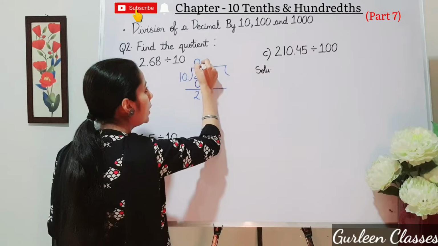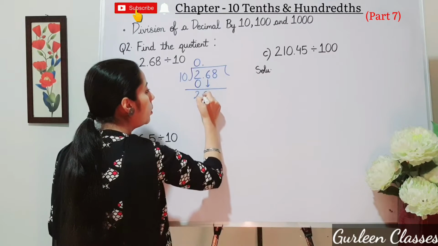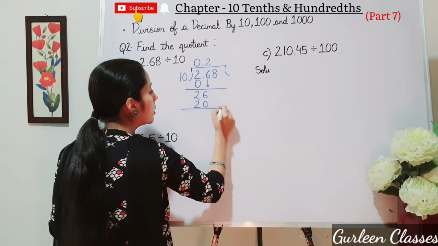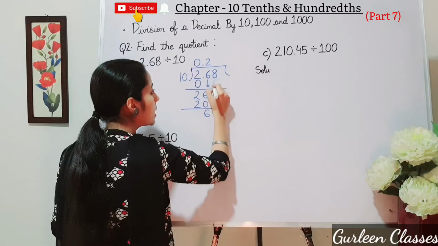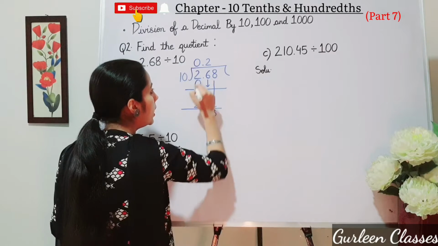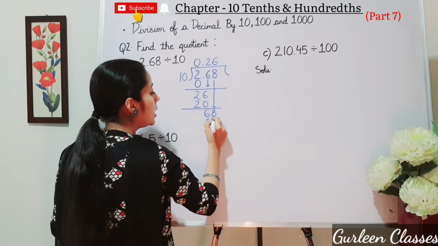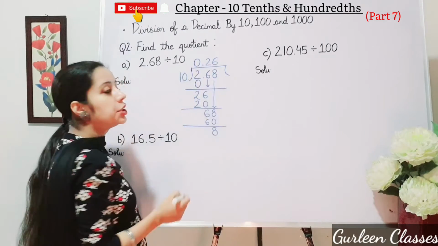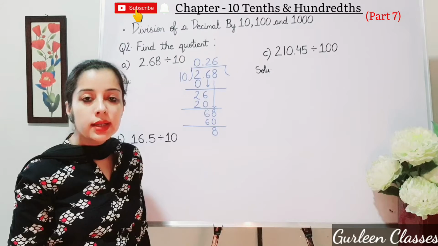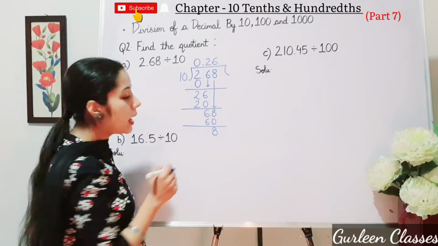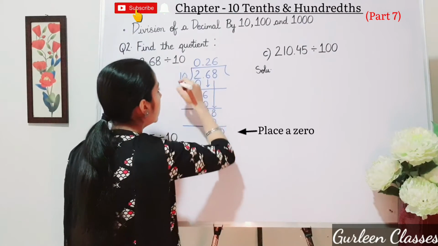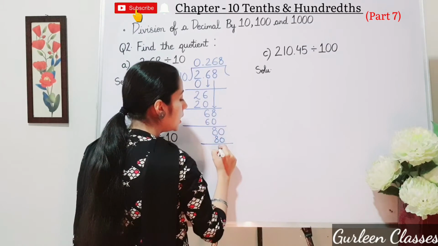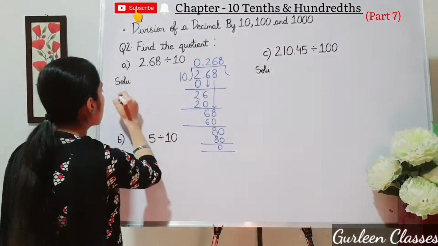Then decimal point, 6 will come down. 10 twos are 20. 6 minus 0, 6 and 8 will come down. 10 6s are 60. So here remainder is 8. In the quotient we have added the decimal point, so if we require 0, we can add 0 here. 10 8s are 80. Now remainder is 0. So the quotient is coming